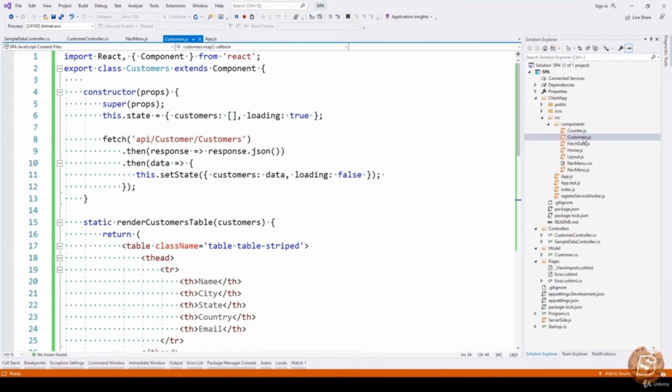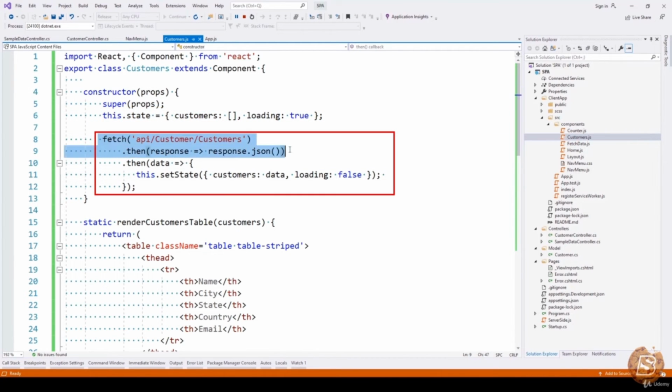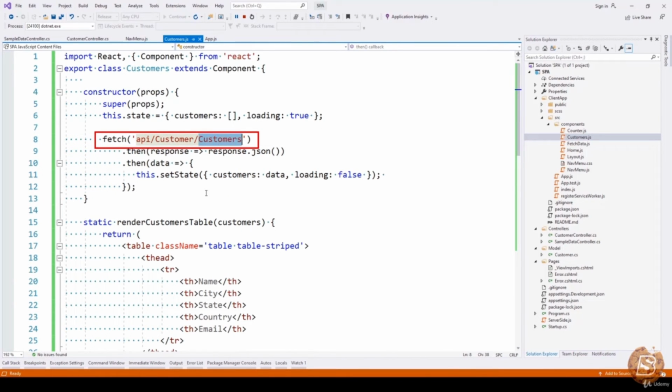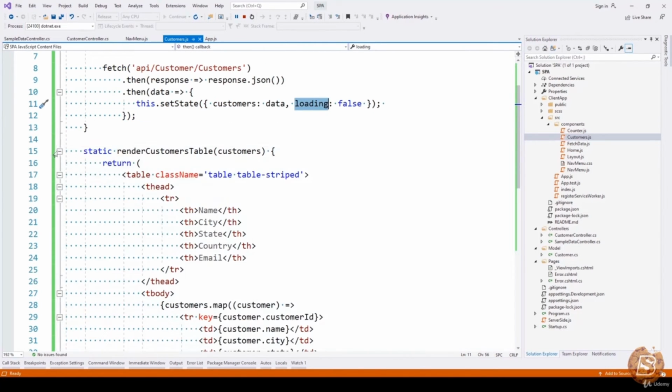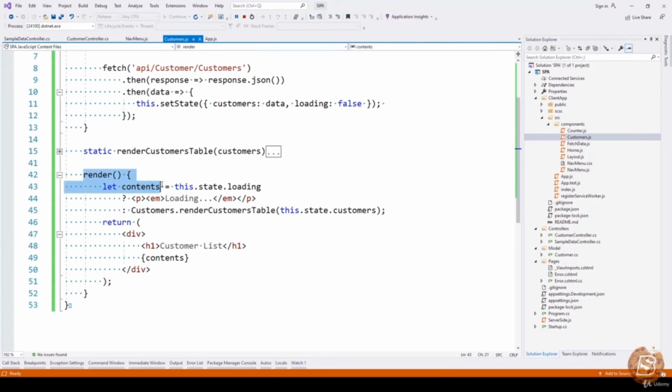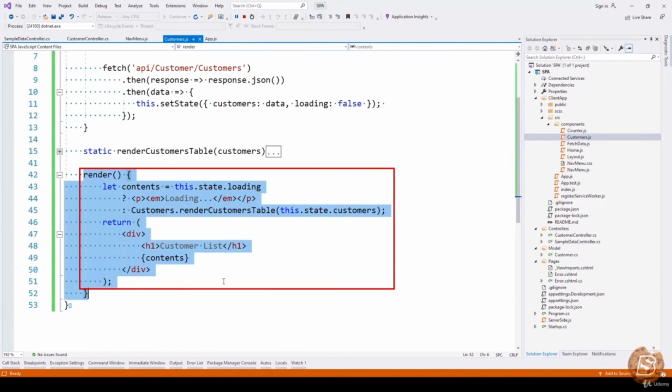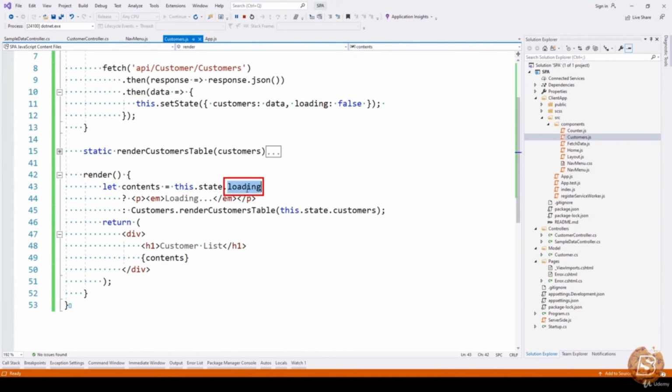Now coming to the customers component, you'll notice that we have a state attribute where we have a collection customers and loading, and then we are calling the customers list using the fetch API. So we are saying API customer customers, and as soon as we receive the data, we are assigning the customers state, and then we are also updating loading to false. Here at the bottom you'll see we have a render method, and this render method is basically checking whether the loading is set to true or